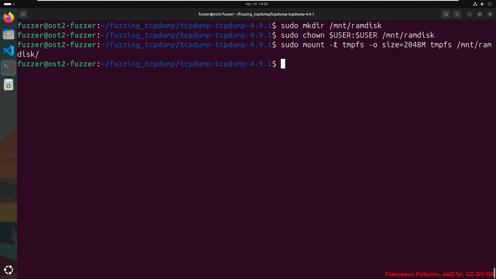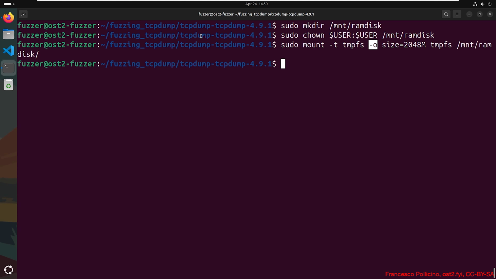In the mount command, we use the -t flag to specify the type of the file system to be mounted. In that case, it's a tmpfs, which is a temporary file system that is stored in RAM. This is really fast, but its content is lost when the system is rebooted. Then, with the -o flag, we set the maximum size of the temporary file system. We say that the file system will use up to 2 GB of RAM, or swap space if needed, for storage. And if this size limit is exceeded, the system will prevent future data from being written in our directory,